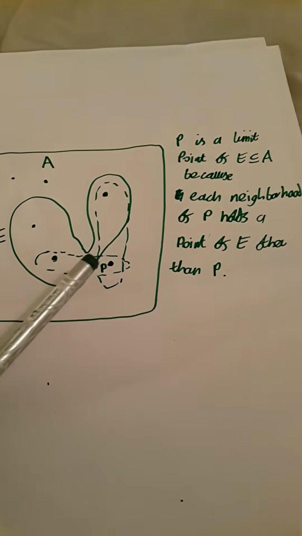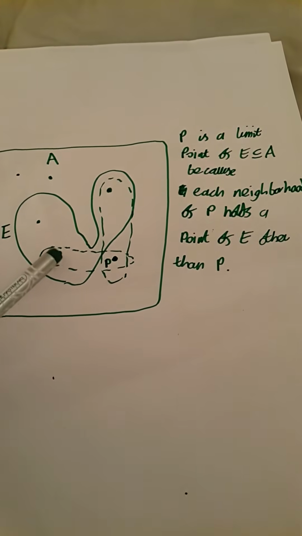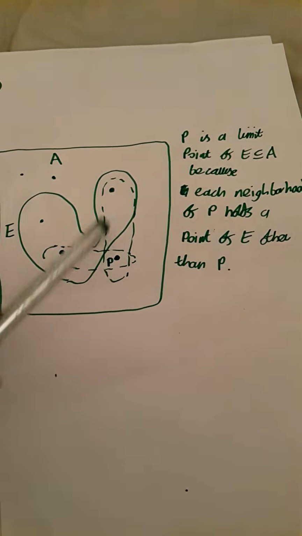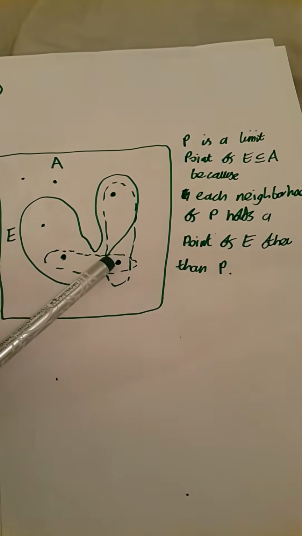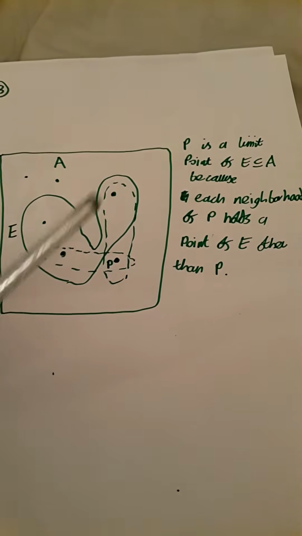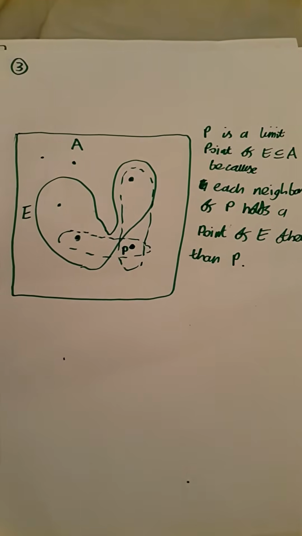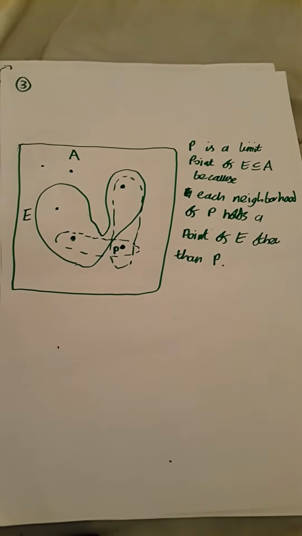Well, let's check. Look at this neighbourhood. Does this neighbourhood of P hold a point of E other than P? Yes, it does. The same is true of this neighbourhood. So in this case, yes, this point P is a limit point of E. But you can think of lots and lots of cases, because of course there are lots of ways to allocate neighbourhoods to things, and this is the beauty of the